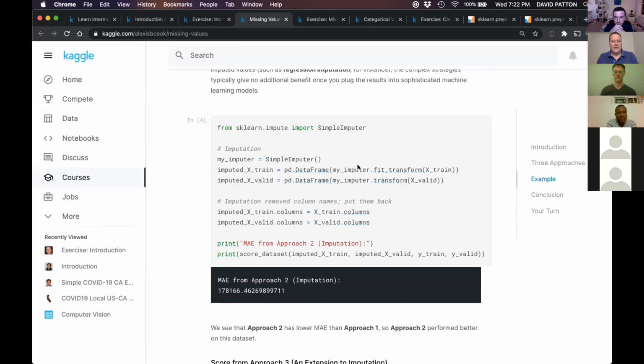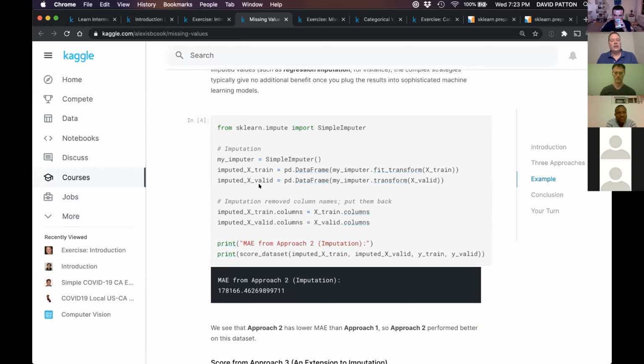We will do something very important here. This is like a transformer of data. On the training data, we will do a fit, where it looks at all the values of the training data for that column and calculates the mean. Then the transform goes and fills in the nulls that are present.